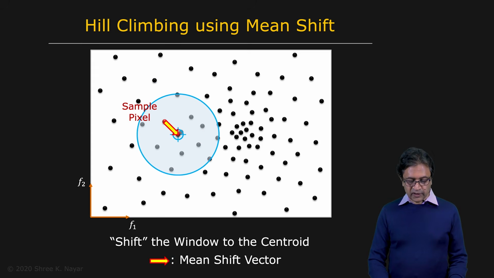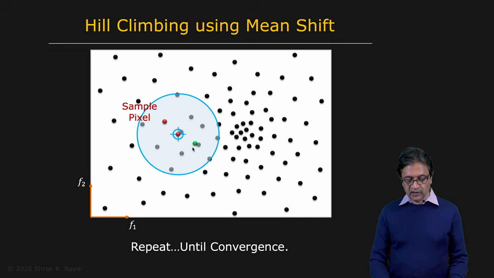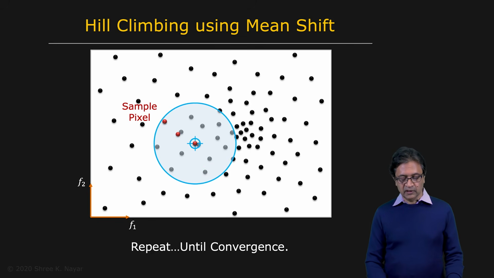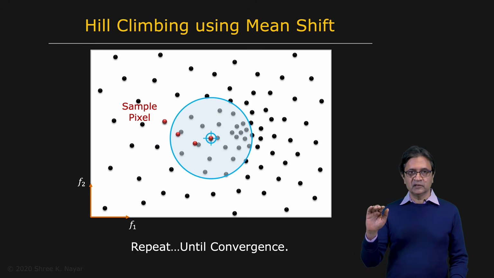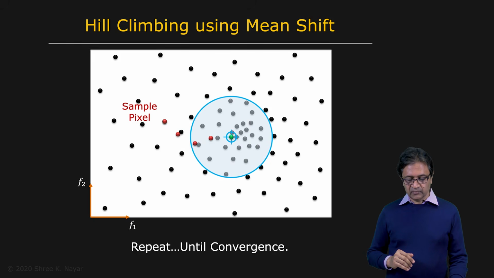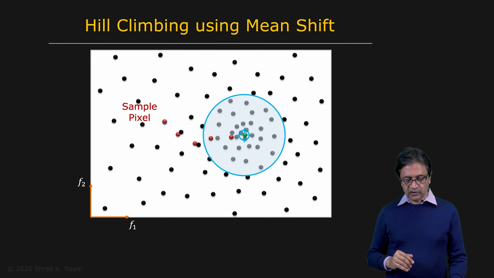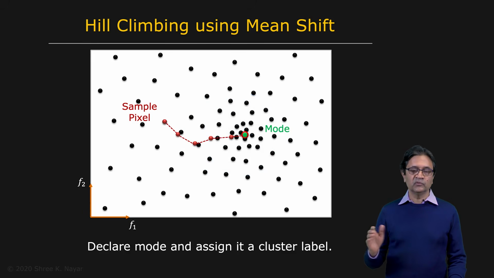So that is the vector by which you move, and that is exactly why the method is called mean shift, because the mean that was previously here has now been shifted to this new location. Hence the term mean shift. And now we're going to repeat the process. We're going to do the same thing. Compute the new mean using all the points inside this window in its new location. And we then end up moving to that location. Keep repeating the process. You're going to end up climbing the steepest hill in your distribution. You end up there, and perhaps finally you're going to end up there, at which point you're not going to move any further.